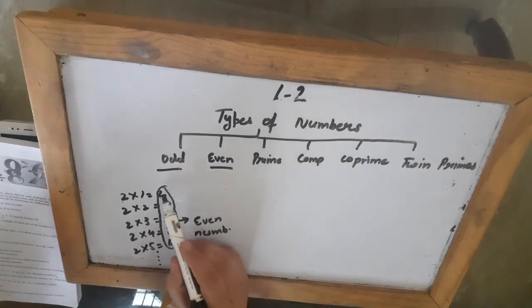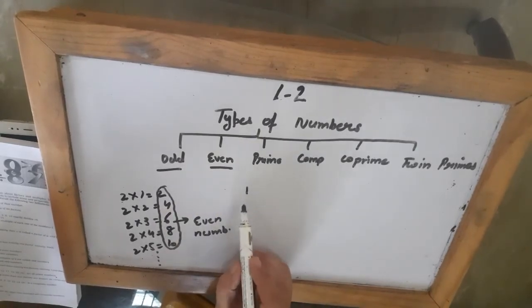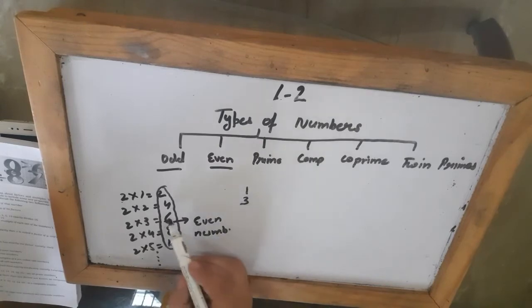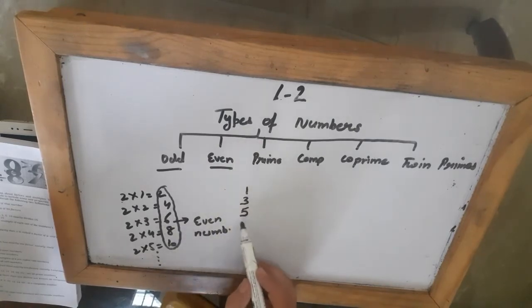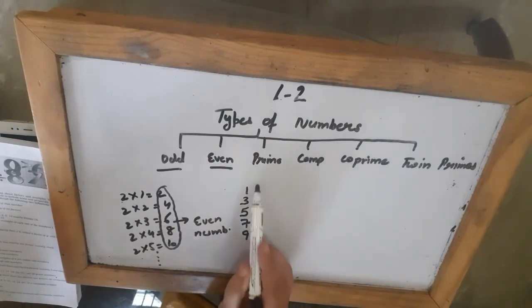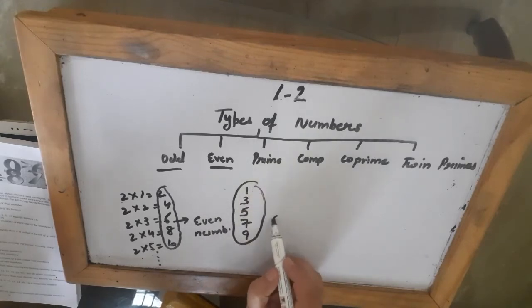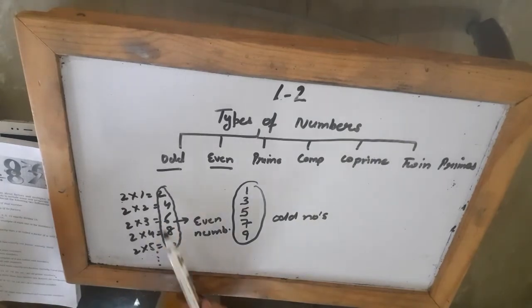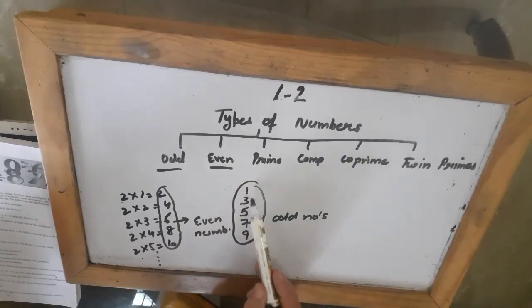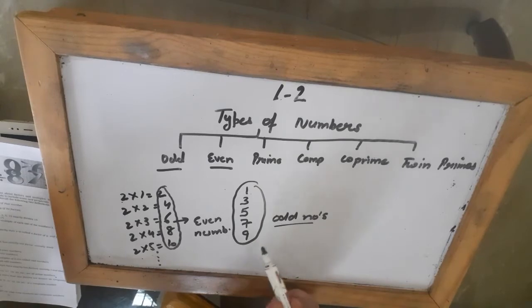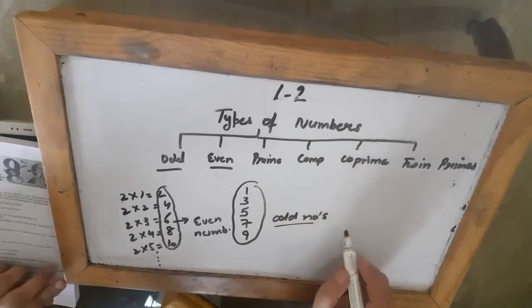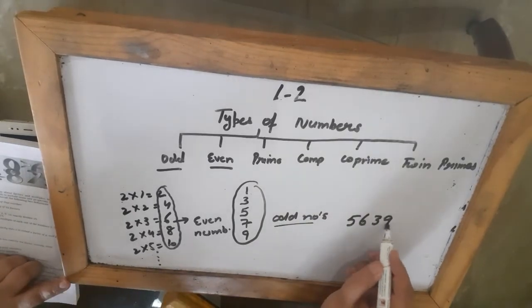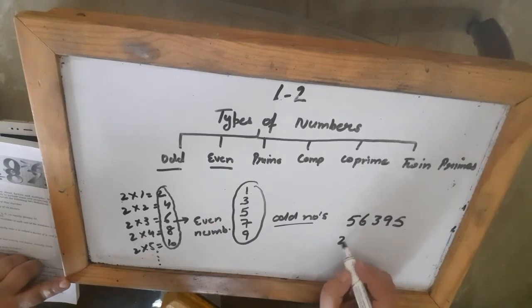While all other numbers, like what comes before 2? 1. Then after 2 comes 3, then 5, then after 6 comes 7, after 8 comes 9. All these are odd numbers. So all the multiples of 2, the numbers which get divided by 2, are even numbers, and the rest of the numbers 1, 3, 5, 7, 9 are the odd numbers. Now if you have a very big number, suppose 3, 3, 9, 5, and another big number